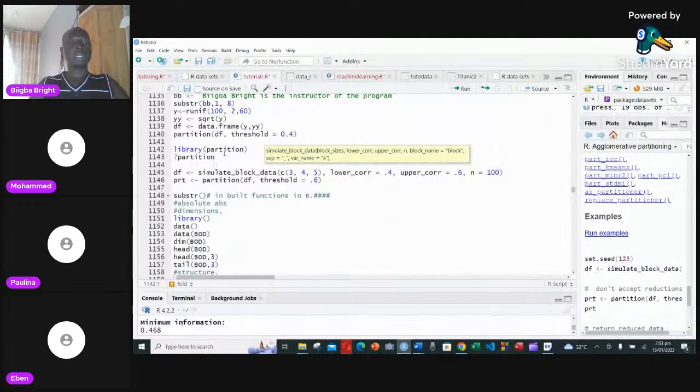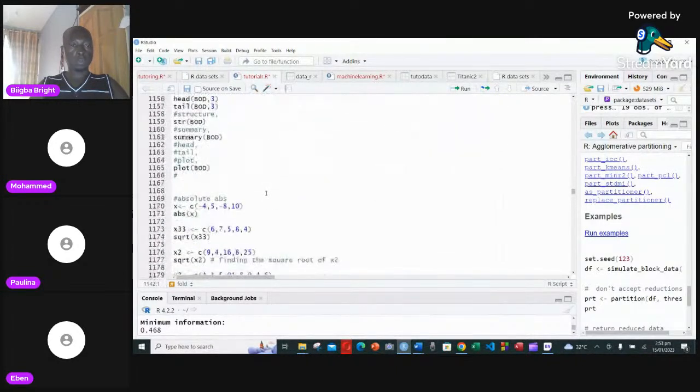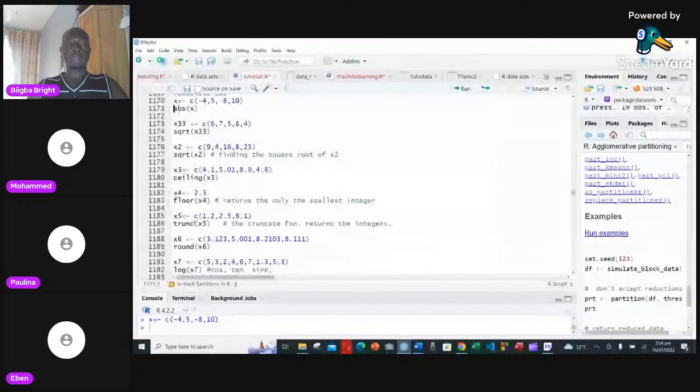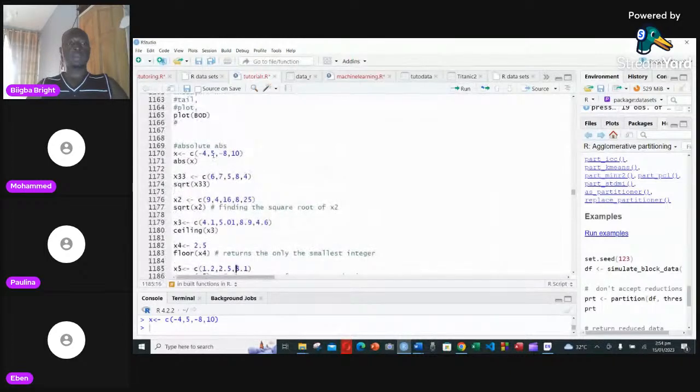There's another thing I want us to pay attention to: absolute. For instance, if you have data that comes with negatives and positives, and you don't want the negatives because you are actually dealing with absolute values, you can pick up that particular column and say you don't want any sign to it, so you use absolute. You could use square root for other things, ceiling and so on. Truncate, all those that you are seeing here, are part of the things we need to know. I could use my absolute to take my negatives away,